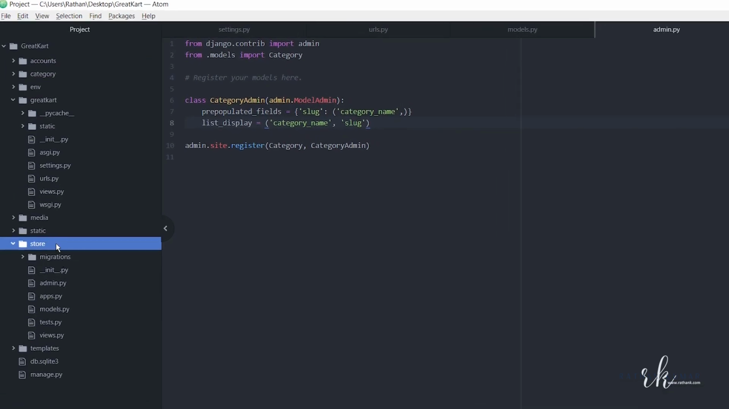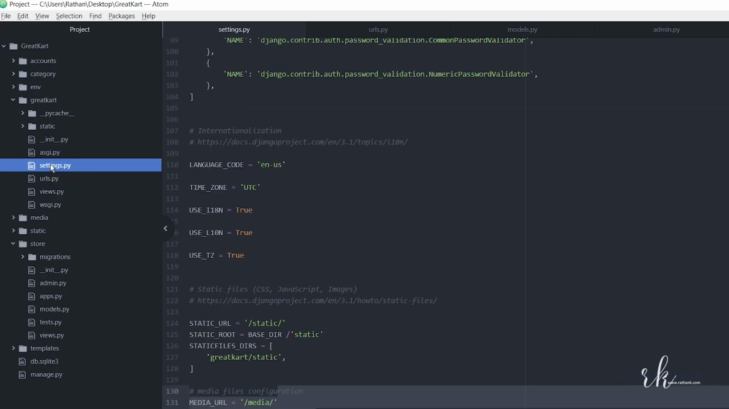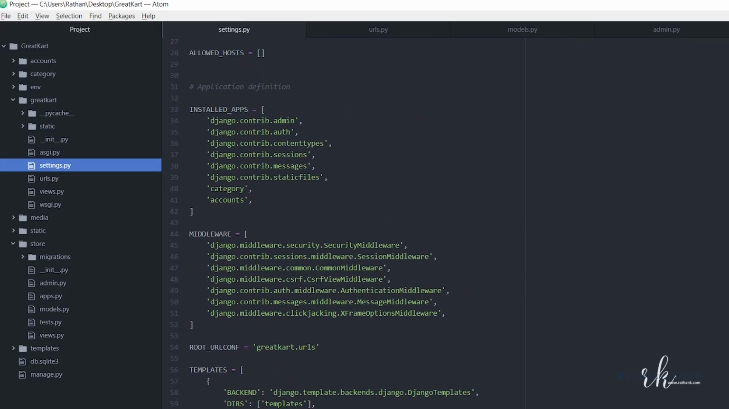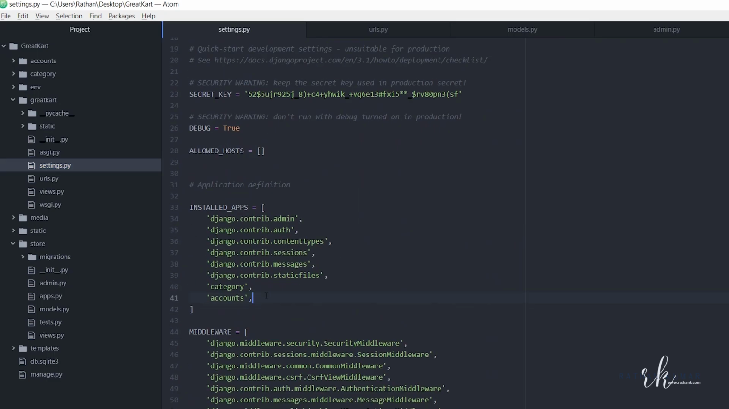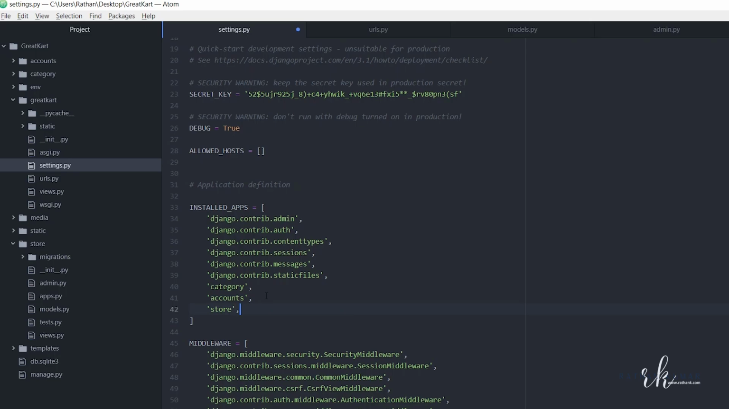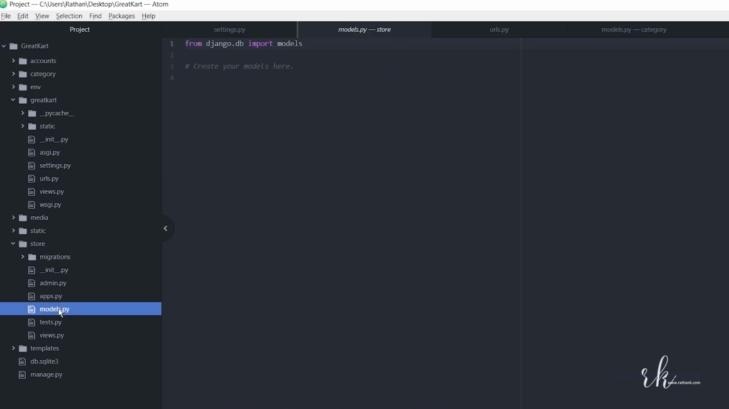Alright, so store app is created, and as I said before, as soon as we create apps, we should just go to the settings file, and here the installed apps section, and let's say store. Okay, let's save it, and for the models, we will go to this models.py file, and here let's say class product,